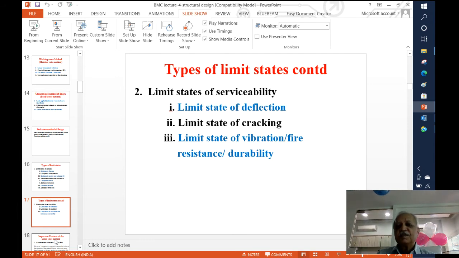And then we have got limit state of vibration. Sometimes excessive vibrations are noticed in industrial floors or other types of application when very large spans are provided. As people walk on it, sometimes there are vibrations and they are at a not acceptable level. So we have to ensure that the vibration doesn't cause excessive discomfort to the users. So we have that also as a serviceability criteria, that excessive vibrations are to be prevented.